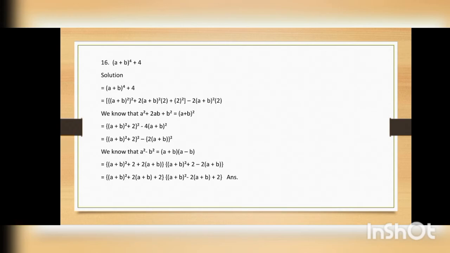Now we know that in the formula the middle term is 2ab. So here our 2ab is 2 into a, which is a plus b whole square, and b is 2. Because we have added this ourselves, we have to subtract it as well. So I have written minus 2 into a plus b whole square into 2. Now we have written this formula. Our a equals a plus b whole square and our b equals 2. I have enclosed it in this curly bracket and mentioned this power 2.